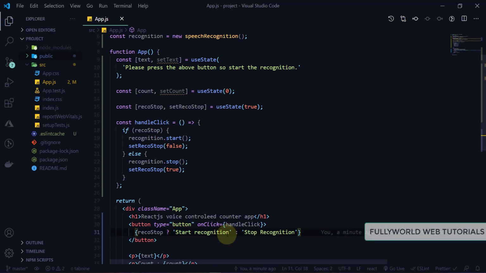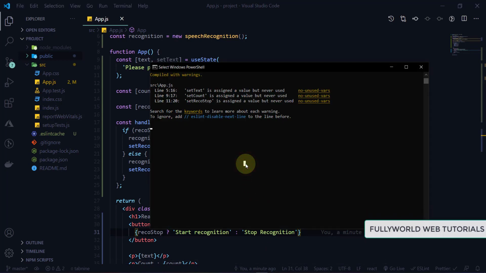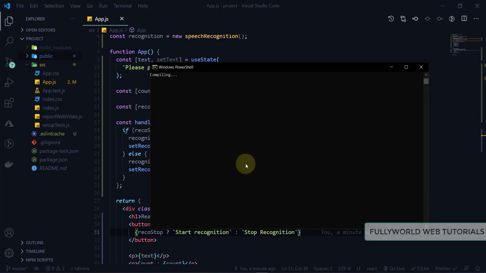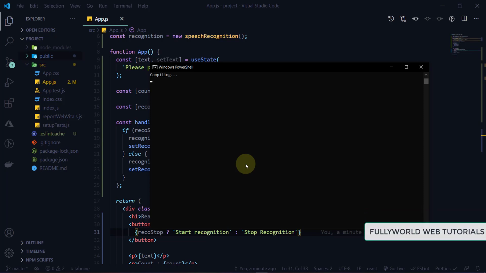Now let's test if this is working or not. It is compiling, so it will take a little time. Sometimes our server gets stuck, so I have to press Ctrl C there, and then it will start showing compiling.